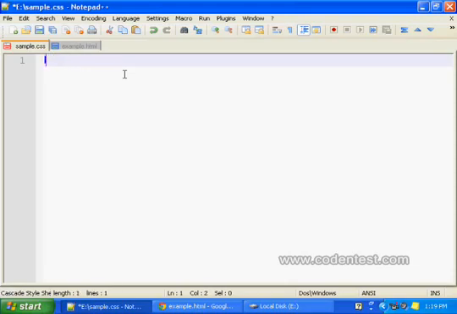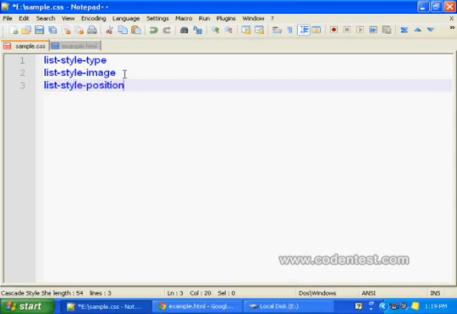In list styles we have list style type, list style image, and list style position. We'll learn these one by one.